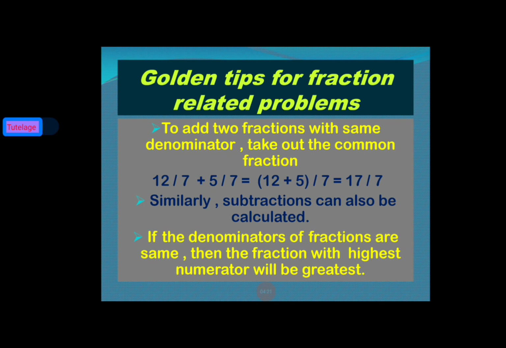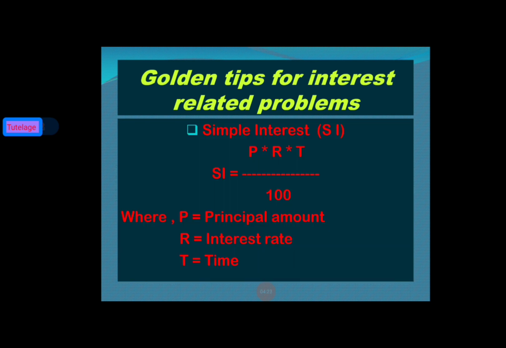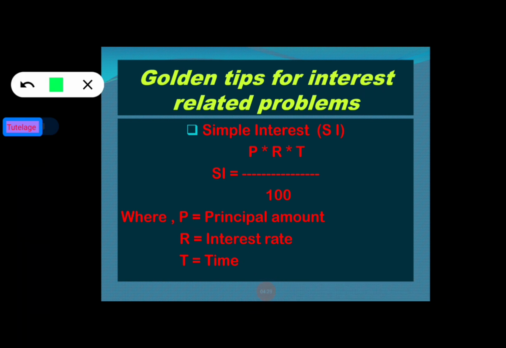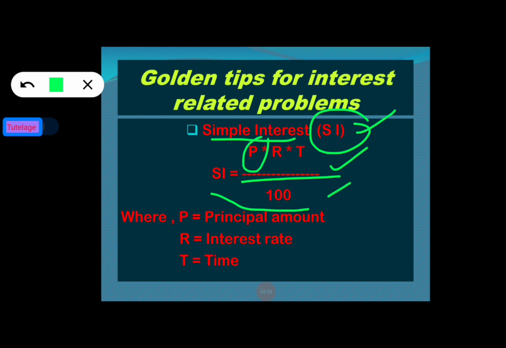Now going to the next type, that is some basic formulas for interest related problems. Here we can see the formula of simple interest. What is the formula of simple interest? Simple interest is denoted by SI. So SI equals P into R into T divided by 100. What is the meaning of P? P is the principal amount, R is the interest rate, and T is time. So that is the basic formula